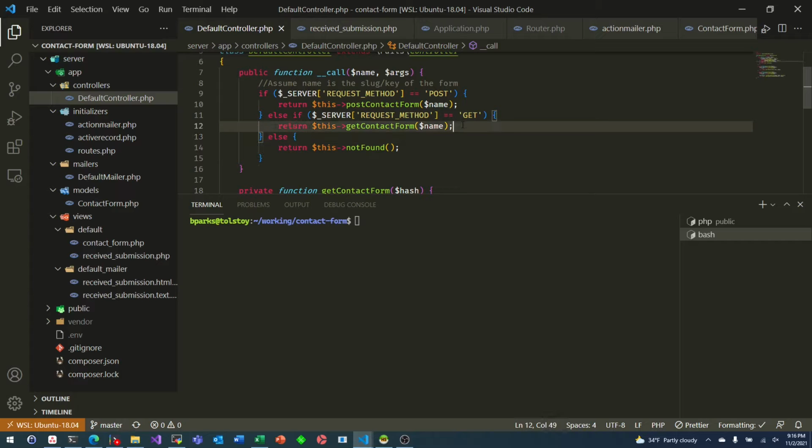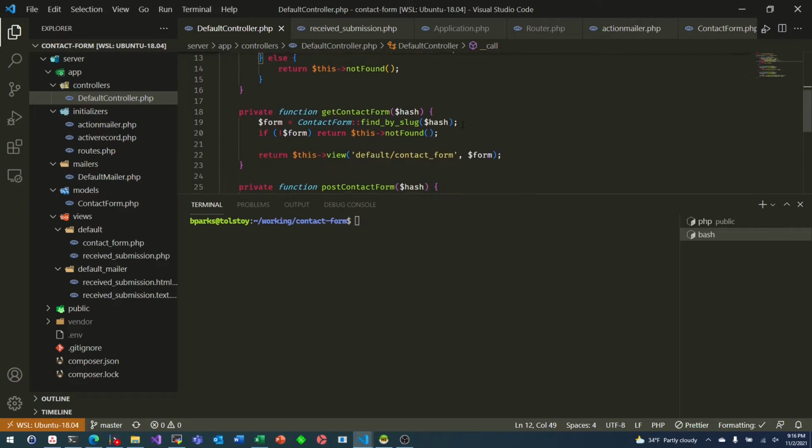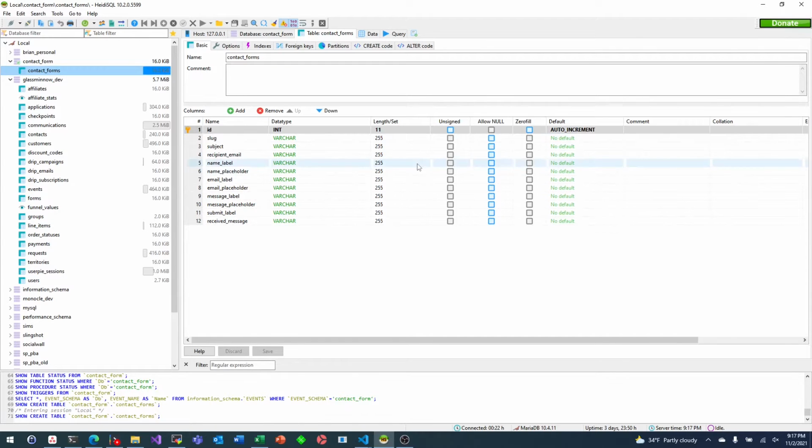if it's a get, we perform get contact form, which basically looks up the contact form in the database, gives a 404 if it doesn't find it, and then prints a little view to the screen, which we'll look at in just a second. This is just a simple Rails active record call. Basically, look in the database and find a contact form by what I'm calling slug, which if we look at the database,